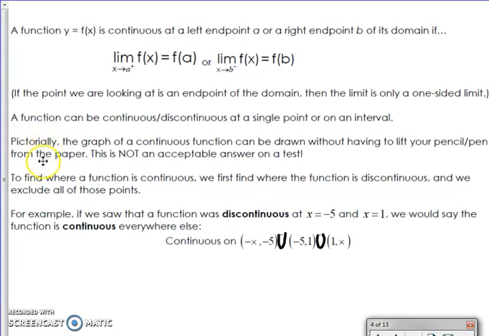So if you're given the picture, the graph is continuous if it can be drawn without having to lift your pen or pencil from the paper. Notice this is not an acceptable answer on a test. You will need to show all 3 of the rules for continuity on the test. So on a test, if you're asked to prove that something is continuous, you're going to go back to these